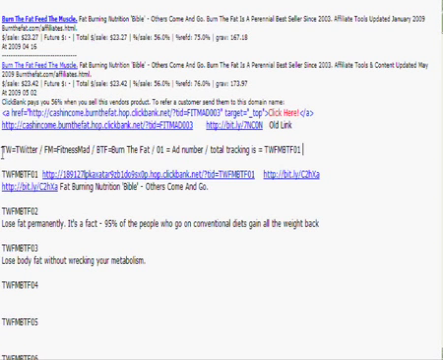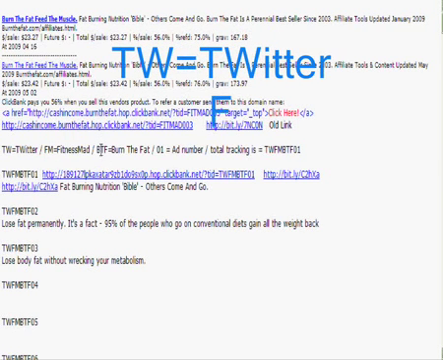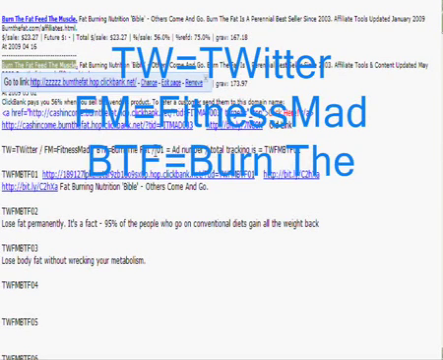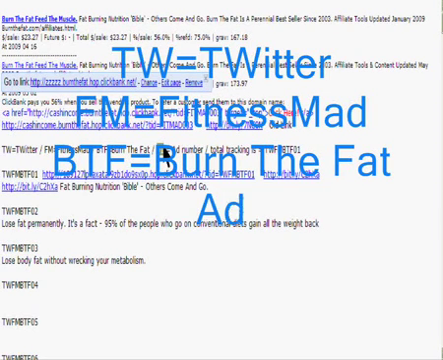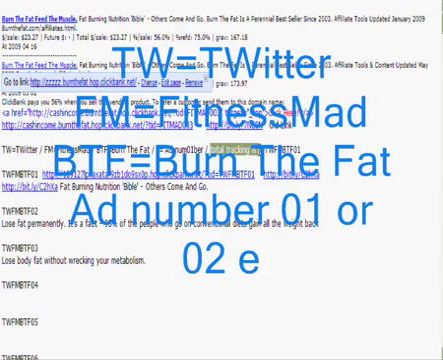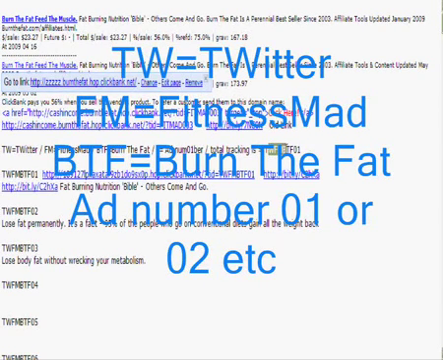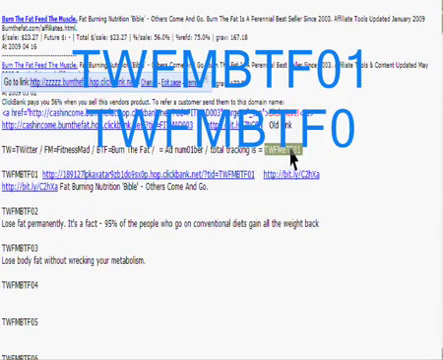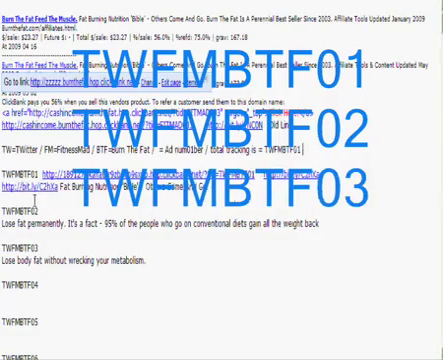First thing you want to be doing is thinking of a tracking code. Now the way I work out tracking codes is I think this is going to be used in my Twitter account, so TW. Then I use it in my Fitness Mad account. Then it is called Burn the Fat, so I've taken the title from there, so BTF, and then the ad number, and I can have 20, maybe 30 ads in some cases. So the total link is going to be TWFM BTF 01 or 2 or 3 or 4, whichever, as many